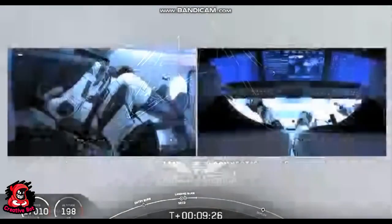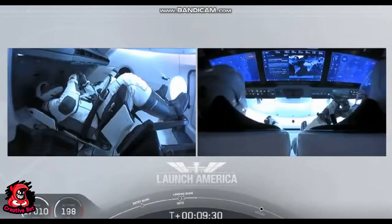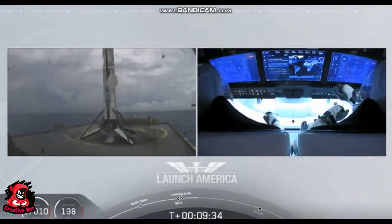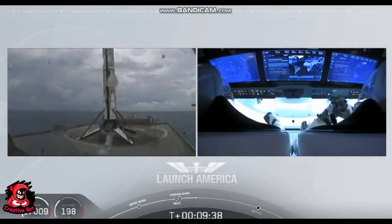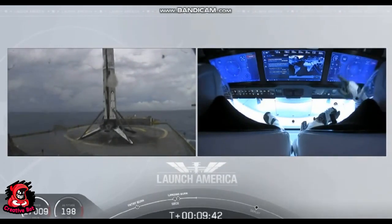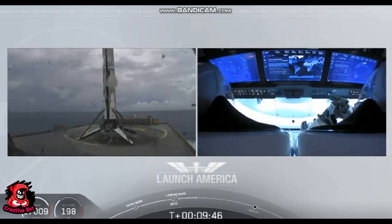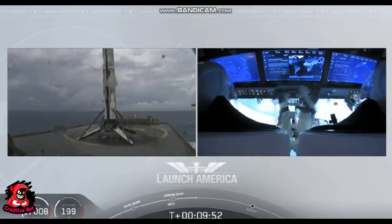Looks like we lost that live view, but we'll wait for confirmation of that landing shortly here. Falcon 9 first stage is successfully landed aboard Of Course I Still Love You. Falcon 9 has landed. This is the first Falcon 9 to carry humans to orbit, so very exciting for us. And as you can see on your right screen, Bob and Doug are still making their way to their targeted